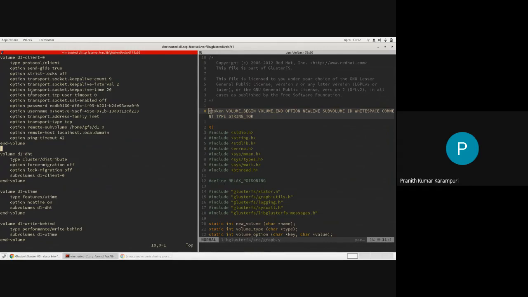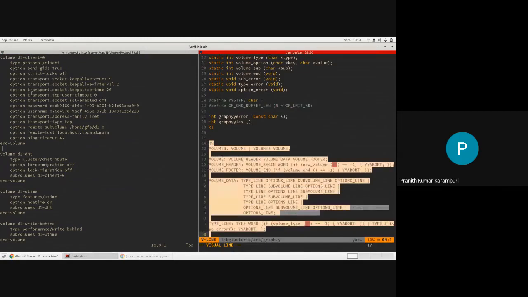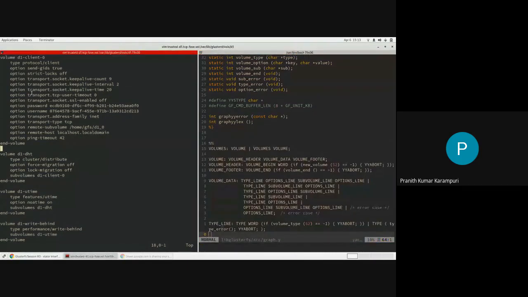Anytime one such token related context is captured in the parsing, it will call some function. So this is like the grammar of this volume file. I don't know whether we should discuss this or not, but at a high level you can specify what is the correct grammar for this file and what is not.